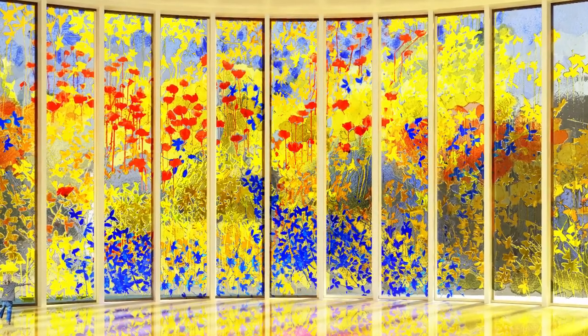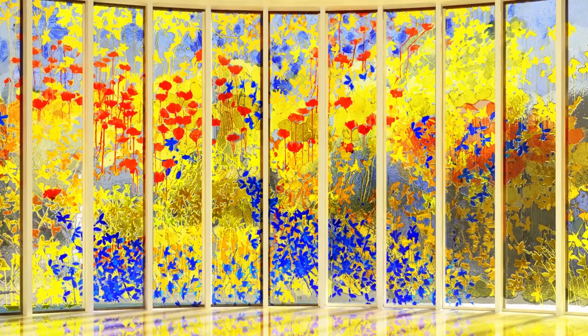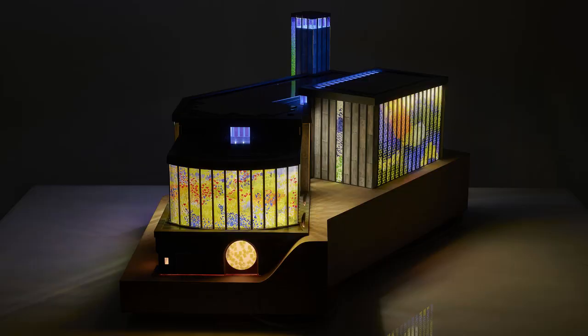And I refer to nature continuously, and the further away from nature I get when I'm working, the closer it gets to a natural experience. This is actually on the same campus, University of East Anglia, that Norman's Sainsbury Centre is on, and this is a project that we're doing at the moment, a faith centre, sort of well-being centre, and it's the first time we've actually designed the building as well, and I don't want any more comment on that